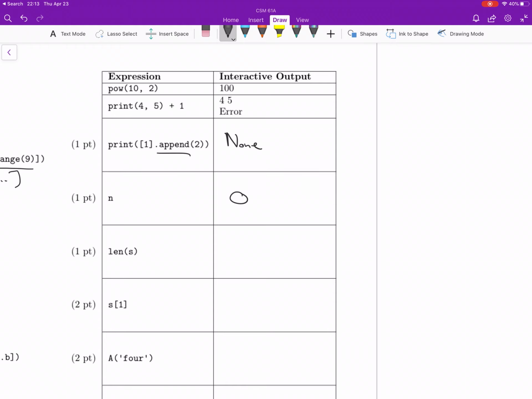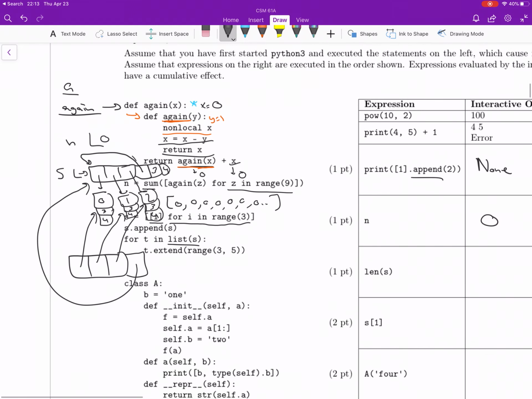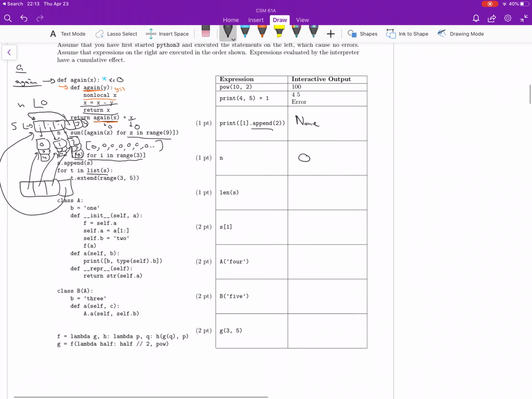N, as we said, was 0. The length of S is now 1, 2, 3, 4, 5, 6. S of 1 is a list with 1, 3, 4. I just saw that right here in my orange arrow. All right,